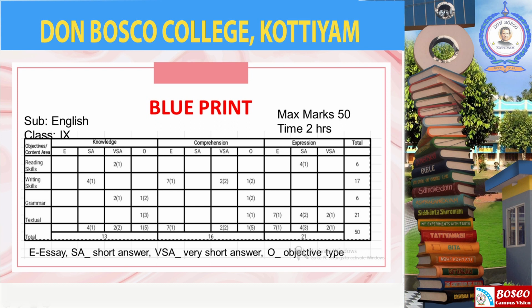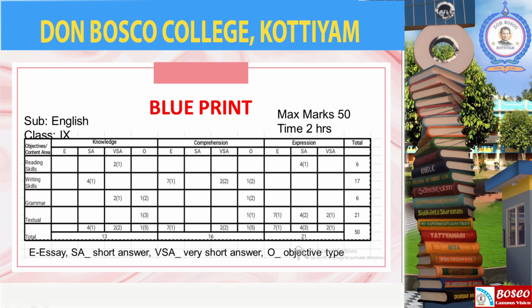Next, you must transfer the decisions of weightages into various objectives and content areas. In this example, I show the marks of questions outside the bracket and the number of questions inside it. For this test, I selected 4 types of questions: objective type, very short answer type, essay questions and short answer type questions. 1 mark for objective type question, 2 for very short answer type, 4 marks for short answer type and 7 for essay type questions. After that, calculate the subtotals.